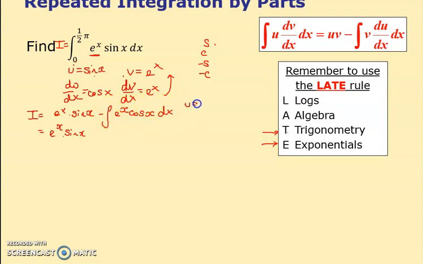I need to do my u equals my du by dx. And my u is the trig thing, so that's cos. My v and my dv by dx, that's going to be my e to the x, which if I integrate will give me e to the x. My du by dx now, coming down, is minus sine x. So if I put this in, minus, I'm going to put this in a square bracket again, particularly this one because it says minus. So it's uv, which is e to the x cos x,